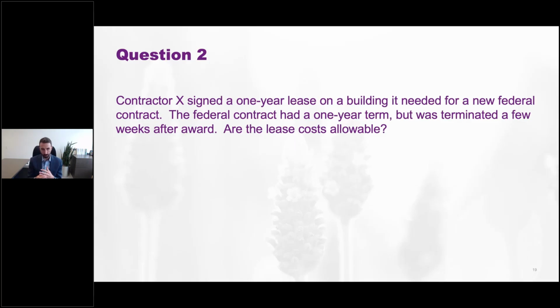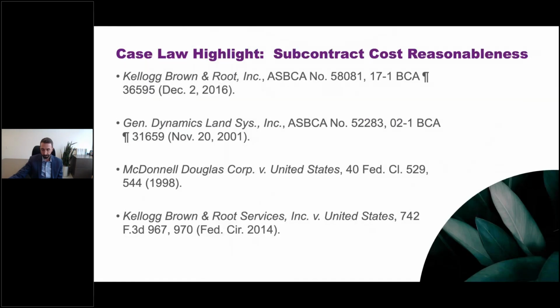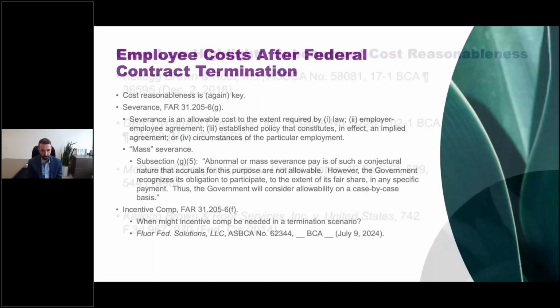All right, it's always going to be, and I'm just going to say it again, I can't say it enough, read your contract, read the FAR cost principles, be mindful of the facts of your specific circumstance. Okay, let's go to the next slide. So we've got a few cases here that just show this has been an issue that's been litigated over the years. In the interest of time, I am not going to go through all these cases right now. I had thought about talking through some of them, but let's just go right on to the next slide.